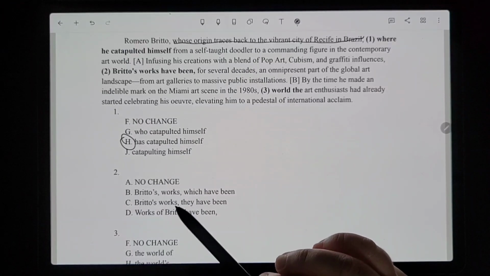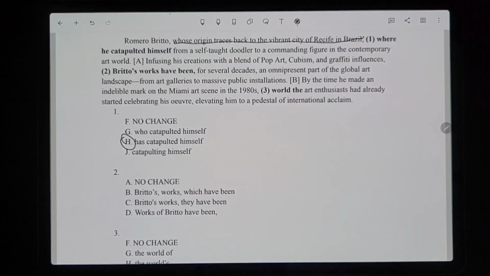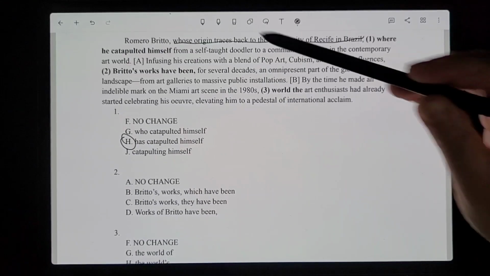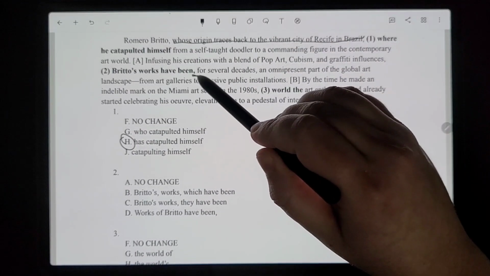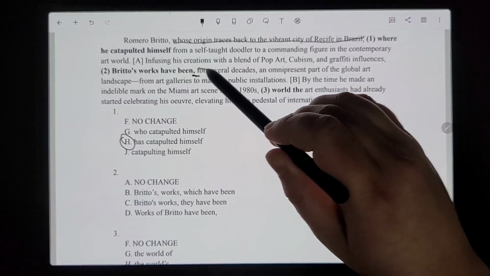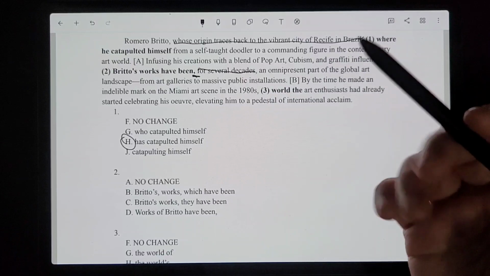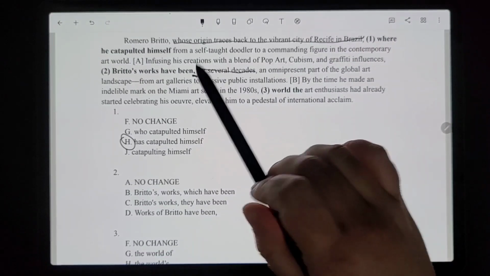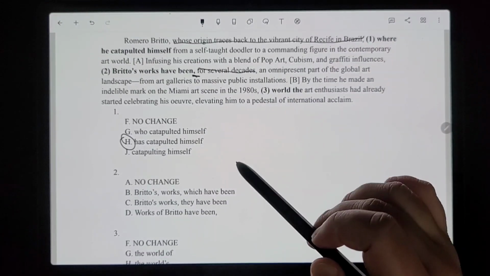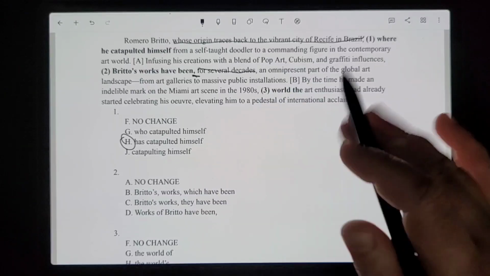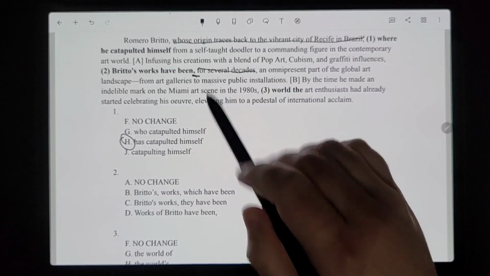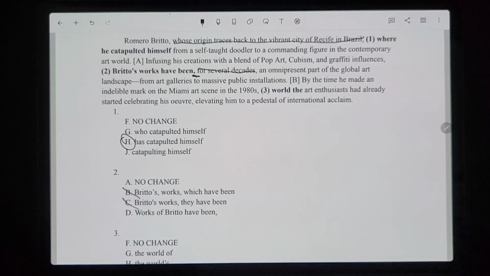Okay, so one of the big things is the comma placement changing, and a little bit of the wording. You need to have a comma right here, because this is a non-essential clause, which needs to be surrounded by commas or em dashes or parentheses, but in this case, the other side is a comma, so we need a comma there. So we have to eliminate anything automatically that doesn't have a comma going right before that. So we would have to eliminate B and C. So then we're just deciding between A and D.